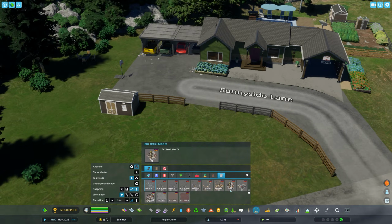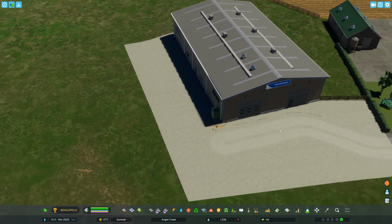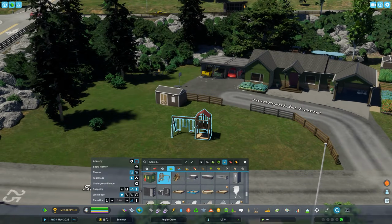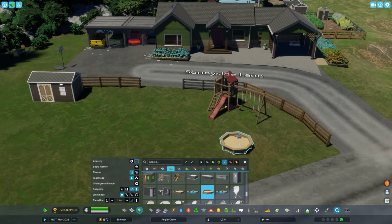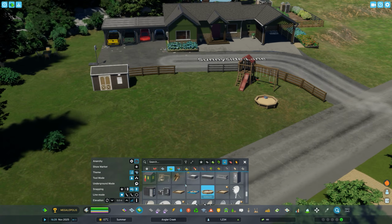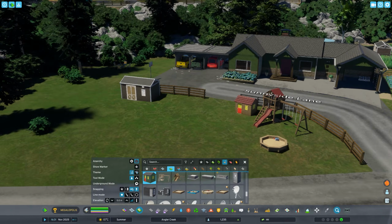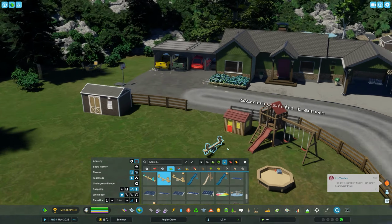Because, in my opinion, that really is the heart of city building. At the end of the day, cities are made by people, for people. And so if you don't consider the human element to a build, you end up with something that feels lifeless or robotic. That's what got me into watching Cities Skylines videos, playing the game, and eventually making videos of my own. So when I'm building these houses and placing individual props, I'm trying to envision the people and stories behind them,